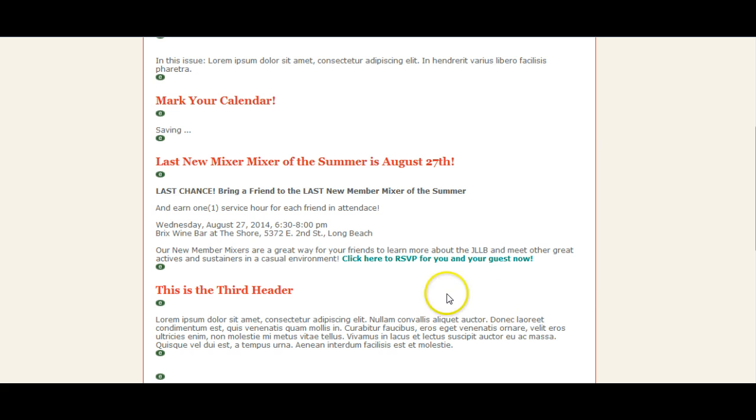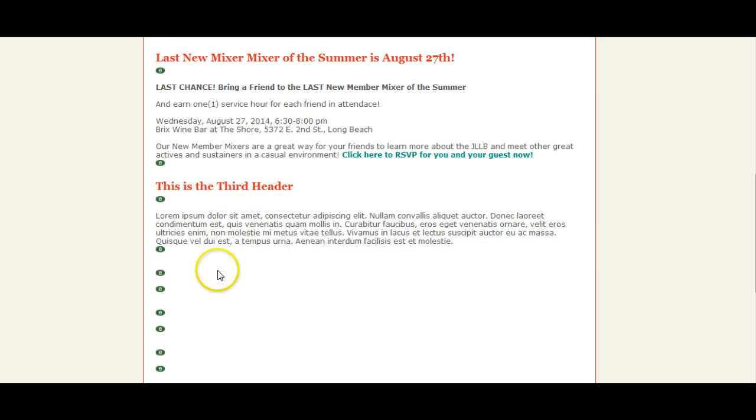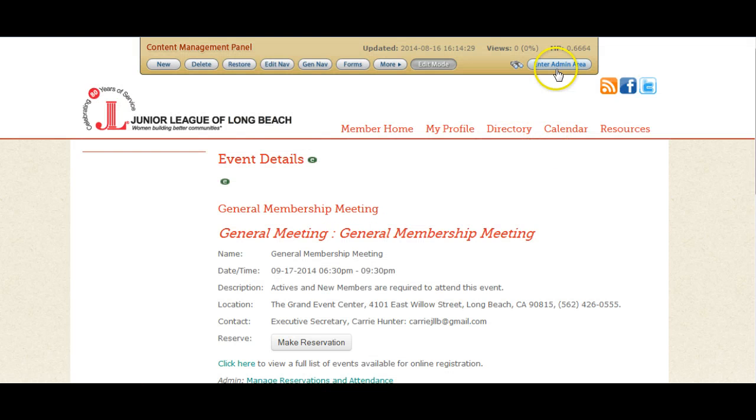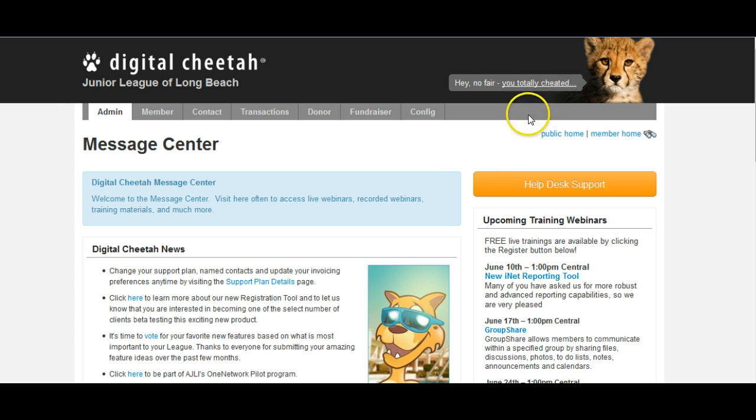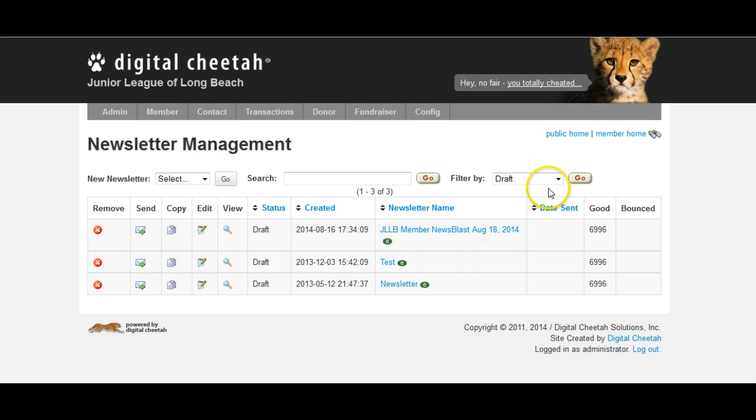Click Save. And now we have 2 articles, and those are basically what we're going to be sending out. We also always add in the general language. So there's 2. There's Get in the Loop and News Blast information. And so what you want to do is go back into the content. So I clicked Admin, Content, and Send Newsletter. Then you can filter by all,